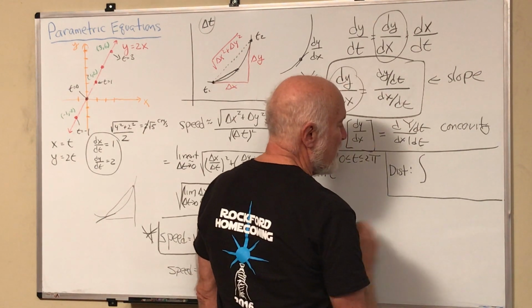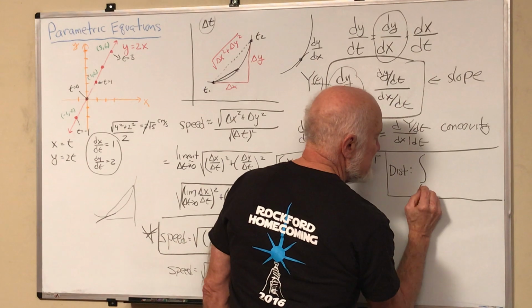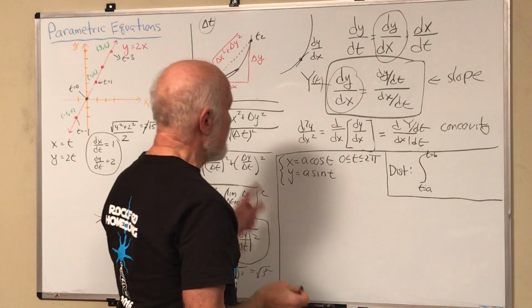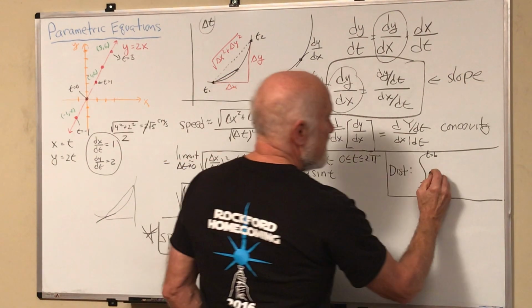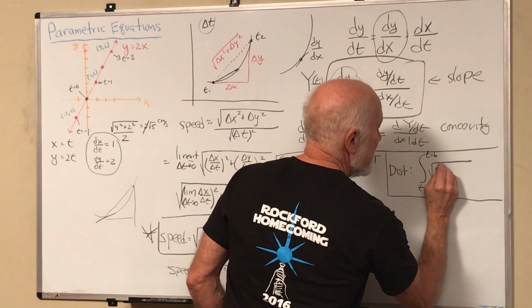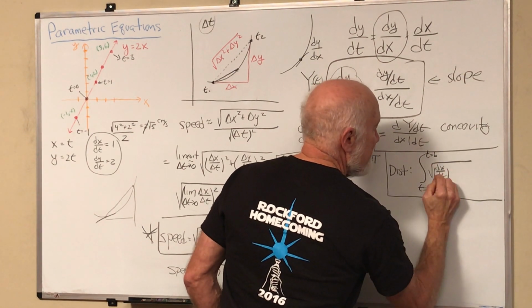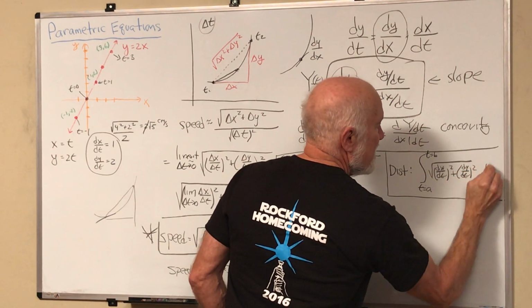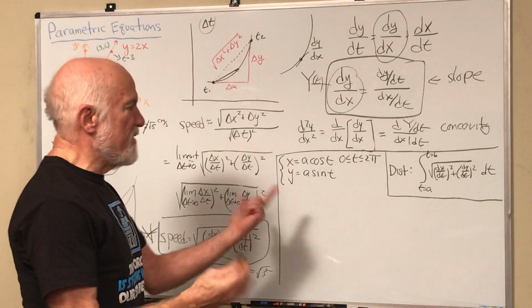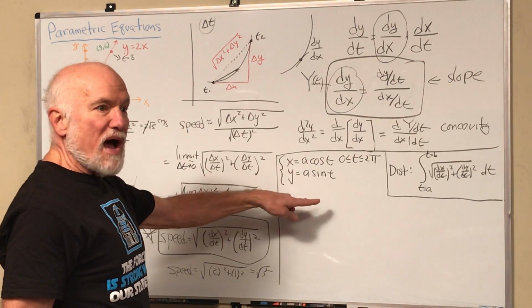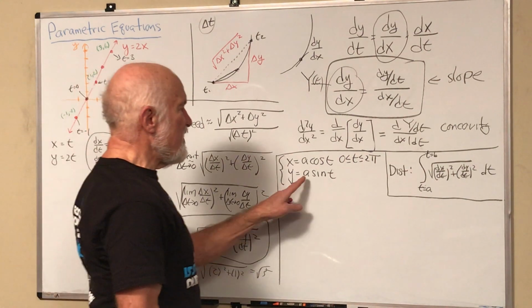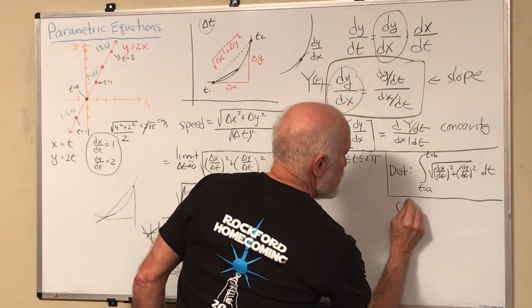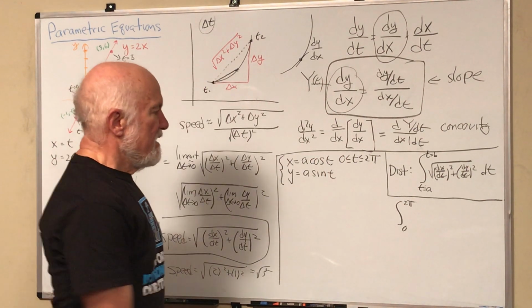So to get the distance, we go from time t equals a to t equals b and multiply the speed times the time. So the speed would be the square root of, this is what we just derived, (dx/dt) squared plus (dy/dt) squared, dt. So we've got a new formula. It came out because we had this new problem. So what can I do in this case? I can take the integral from times 0 to 2 pi, the square root of,